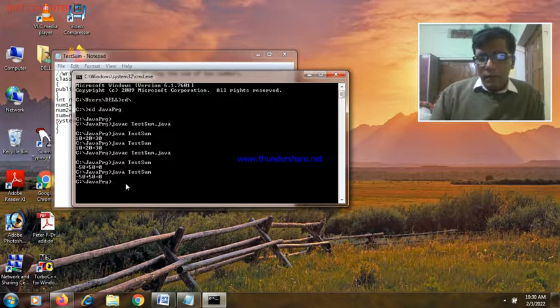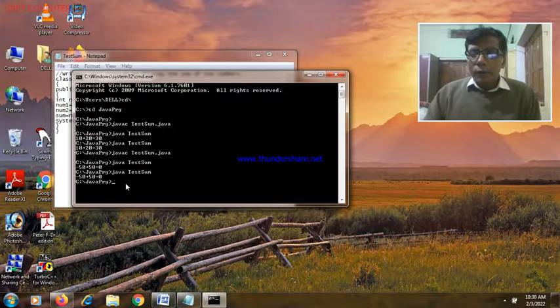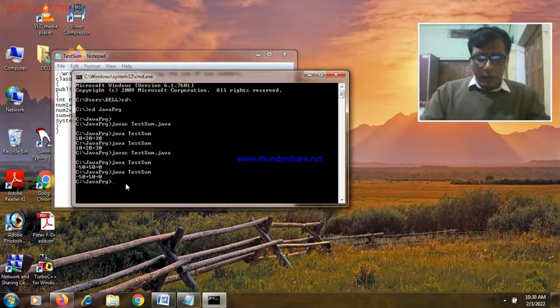Hence, if you want to get the result of modifications made in the Java program file when you are running it, then you have to compile the same Java program file by invoking